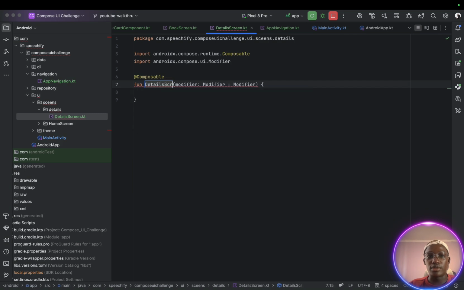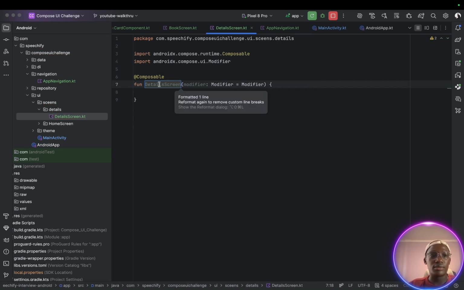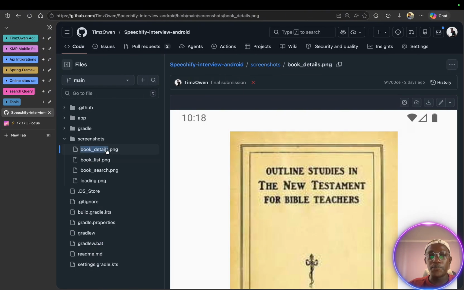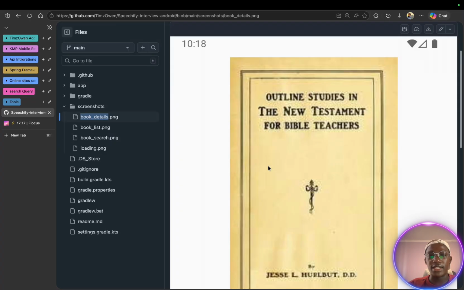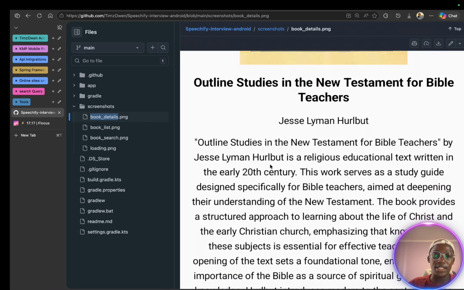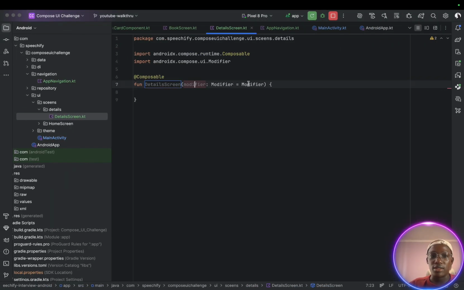Composable details screen. So here we're expecting the details screen to have an image, the name and maybe description, so that we can just pass those parameters for now. So we are expecting to receive